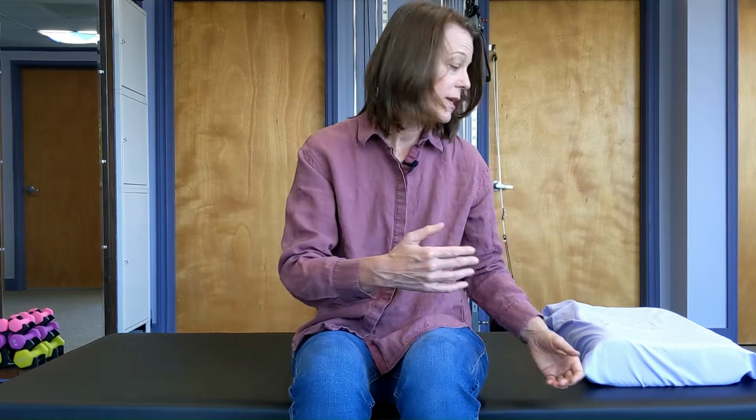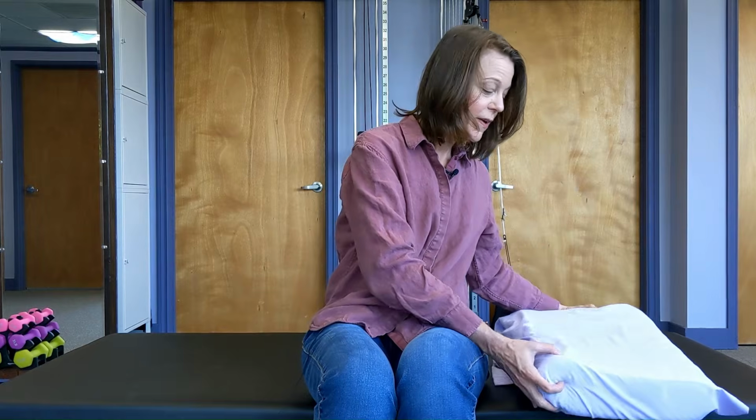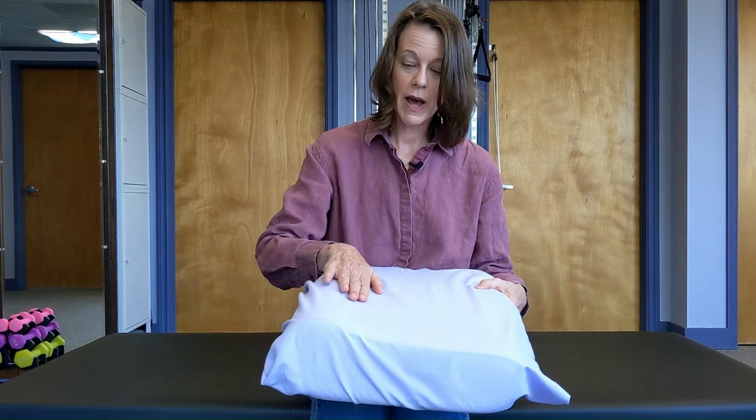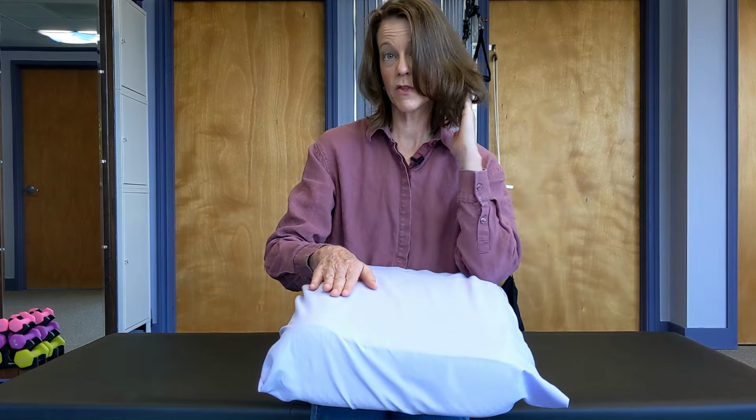Now, I am primarily a side sleeper, and what I found is the PillowWise pillow. And the reason why I like this is because it has this support that fills in this hole here, and then your head rests in a really neutral position. So you'll see in a minute when I lay down on my side that my head is really, really supported in a good position. However, you'll also see when I lay down on my back that my head is still supported in a good position. So that's why I'm a big fan of the PillowWise pillows,